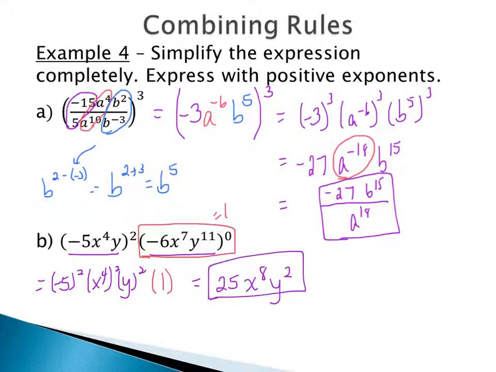Some people like to actually write the y to the first, have that 1 in there, so that way you can see that you're doing 1 times 2 to get the y squared. Other people just like to think, well, even though there is an invisible 1, we can just bring the 2 in. Also, just note that the times 1 at the end, 1 times 25, would just be 25, so it didn't just disappear. It's just that 1 times any number would just be that number, so 1 times 25 is 25, to give us our final answer of 25 x to the 8th y squared.